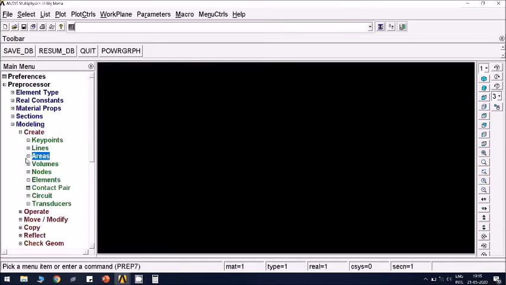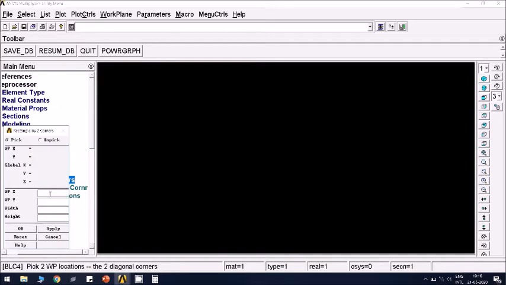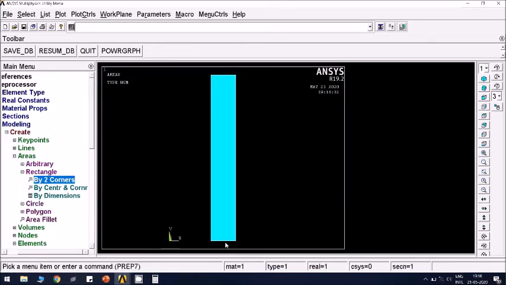Go to modeling. See, now the geometric model used for the axis symmetric case is different than the plane strain case. Now I have to model a rectangle about the y-axis. Go to areas, rectangle by two corners. Give x as 25 and width as 15 mm. This is the wall thickness. And height can be anything. I can give it as 100 mm here. This is the inner radius. For an inner radius of 25, it starts a rectangle of width 15 mm and height 100 mm. Click OK. You can see this is the inner radius I entered as x, 25 mm. This is the 15 mm wall thickness and this is 100 mm.